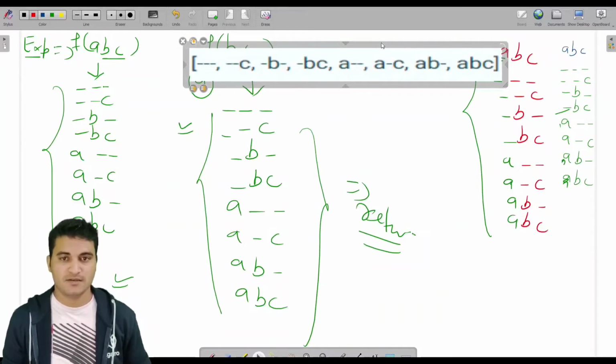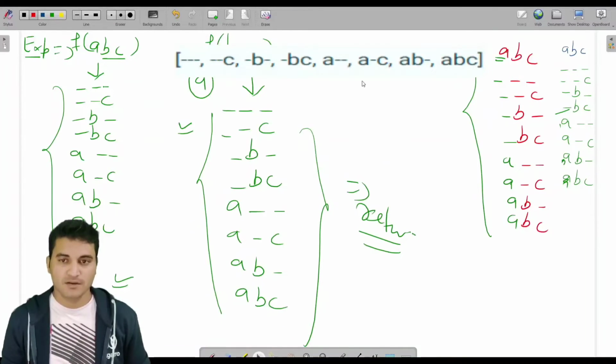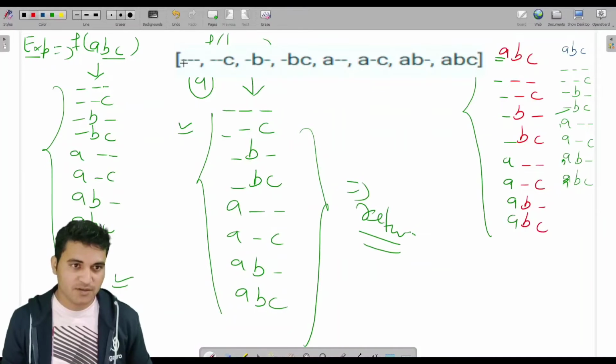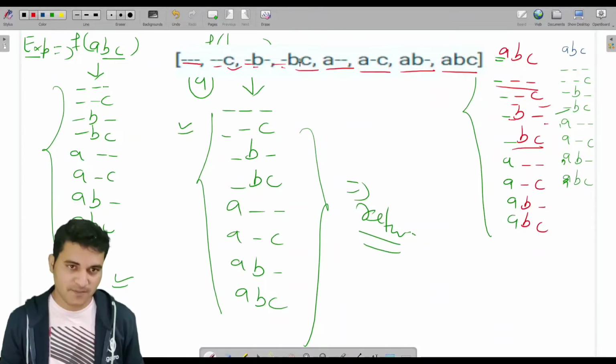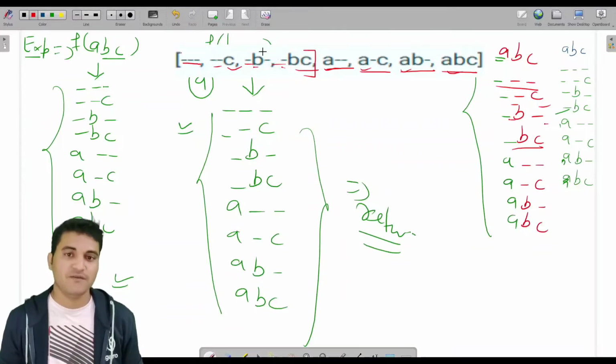What are the subsequences of ABC? 3 blank string, blank, blank, blank. You can see here 2 blank and 1 C, 2 blank and 1 C, blank B blank, blank B blank, blank BC, blank BC, A blank blank, A blank C, AB blank, ABC. You can see here we got already the subsequences of BC, and then we appended A in front of each